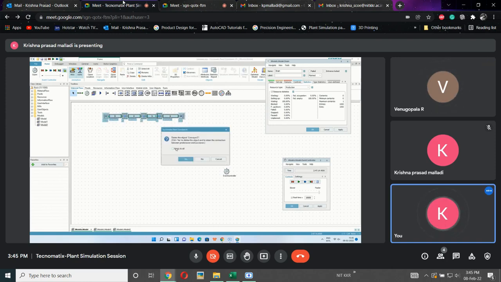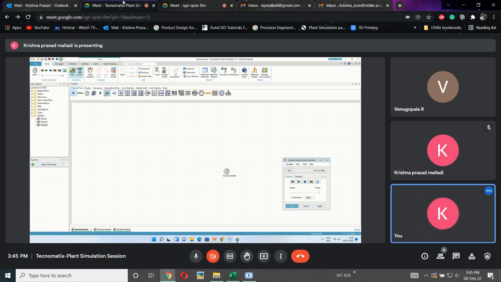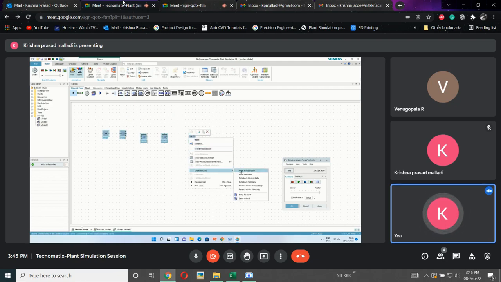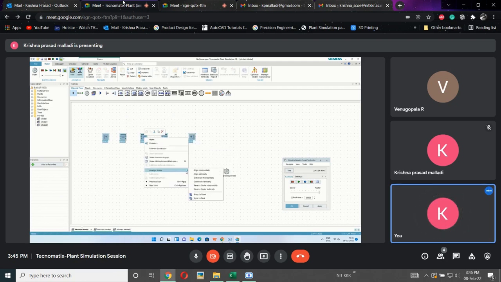Now I am deleting this completely. For this, a simple model: a source, three stations, and a drain. I have connected them, arranged the icons, and distributed them horizontally.